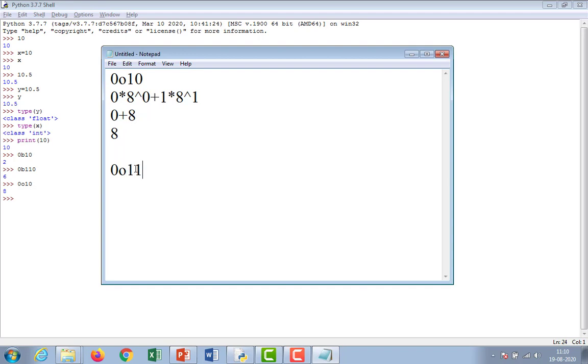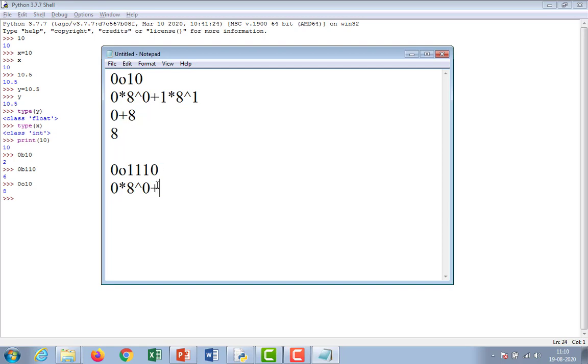Suppose you take 0 1 1 1 0. See, 0 into 8 power 0, from left hand side onwards, 0 is over.